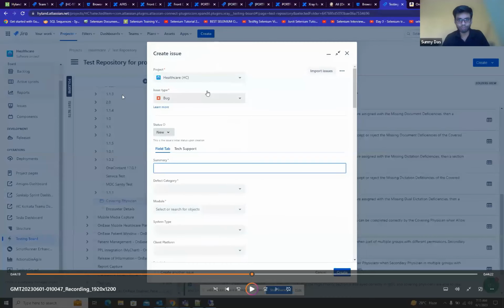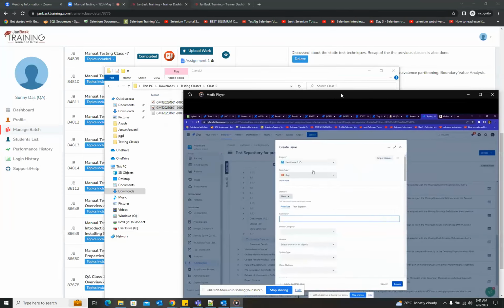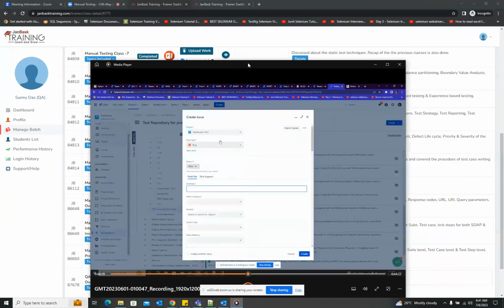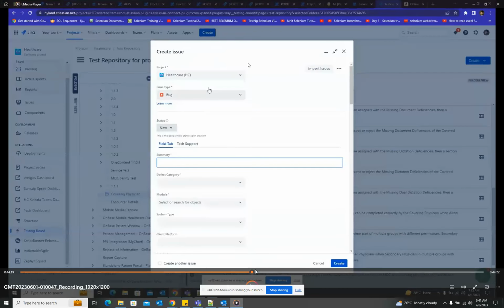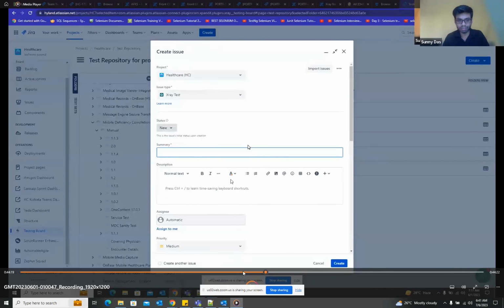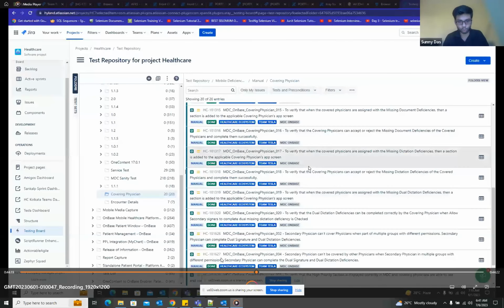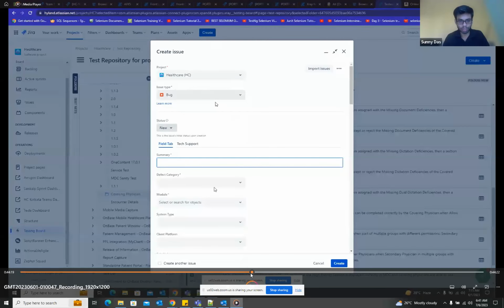In the class, which class is this? This is I think 12th or 13th. Lesson 12. Yeah, 12, your words I've written exactly. In lesson 12, I had already shown you how to use Jira, what the different things in Jira are, how to raise the bugs, and what the different fields are while you raise the bug. So I was just saying that I had already shown you how to use Jira and what